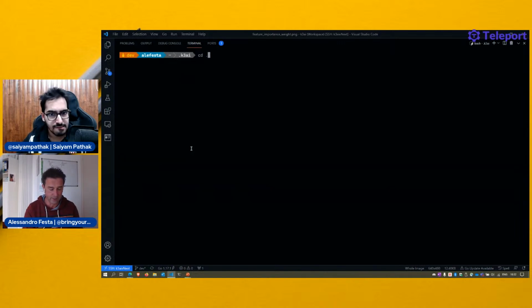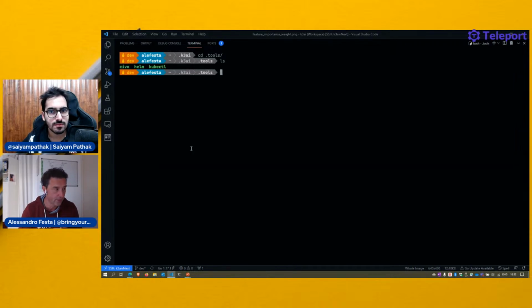The second thing is that K3ai uses some CLI there, so we act as an alias. So you don't have to care about whether you need to download kube control. But even further, why do we do that? Let's say that you have kube control on your machine, maybe on a specific version, but when we run the cluster, we use a different version.